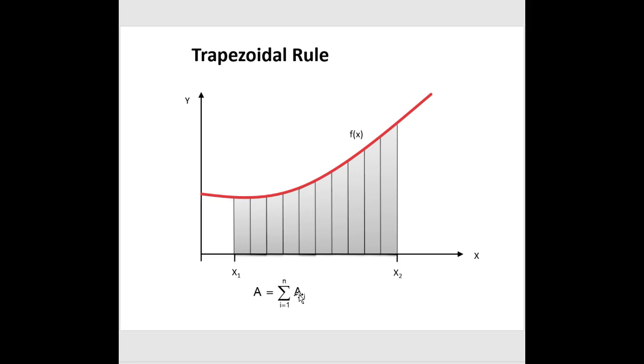Or maybe it's just a really complex equation, and it's not a trivial exercise to integrate that, and so you need to do something a little more sophisticated. One of the ways to do that, which you probably learned in beginning calculus class, is to use the trapezoidal rule. And with the trapezoidal rule, we take this distance, or this length between x1 and x2,